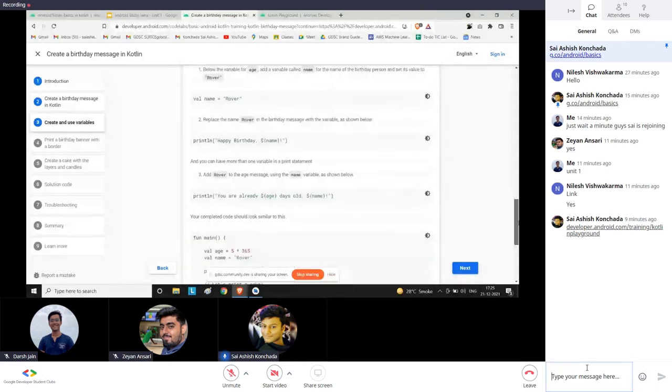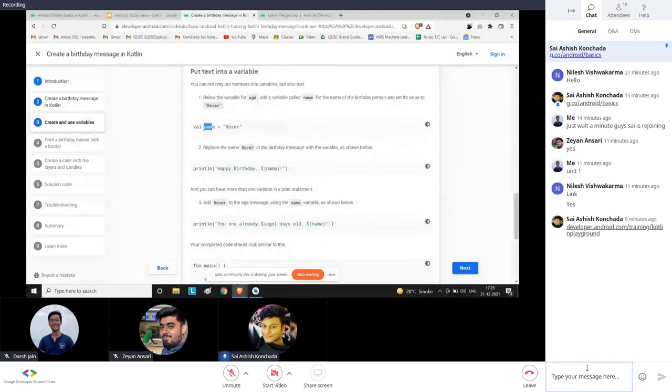Even here you can put everything, like the name, into a variable, so that you can reuse this program for any other one as well. It's not only limited. Let's say I'm using Rover and I've created an application, and every time I run the application, it says happy birthday Rover. That will not make sense, right? We want it to be flexible. So this is a good coding practice, that we use variables, and we just assign the name to the variable here.